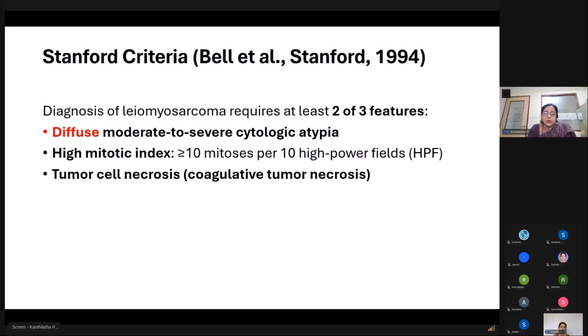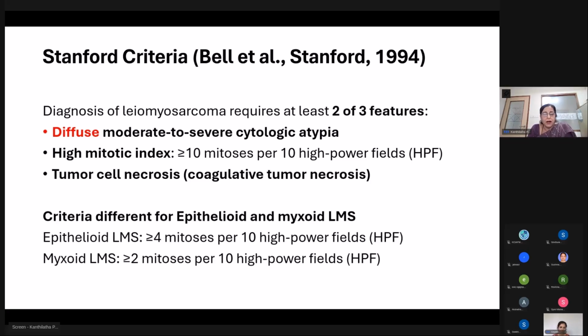Again, this necrosis is very important. It is a coagulative type of tumor necrosis. So what do we mean by that? However, the criteria for the epithelioid and myxoid variants of leiomyosarcoma are a little different. The mitosis is equal to or more than 4 for epithelioid, and for myxoid leiomyosarcoma it is just 2 mitoses per 10 high-power fields. So these three criteria, that is atypia, mitosis, and tumor necrosis, should be there to make a diagnosis